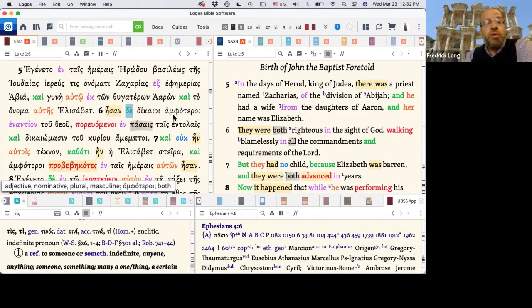They were both dikaioi, righteous, and enantion tou theou, before God, a prepositional phrase. Then we have a post-nuclear circumstantial participle. So is this a substantival adjective here because it's the subject? Well, it's a predicate adjective. Predicate, but it's agreeing with the subject. Yeah, because it's working with the verb of equating, and when you're equating things, they're going to both be nominatives.